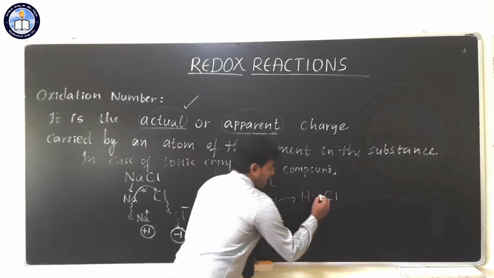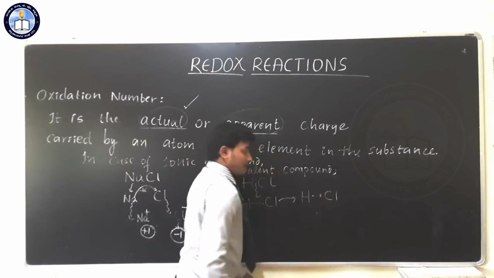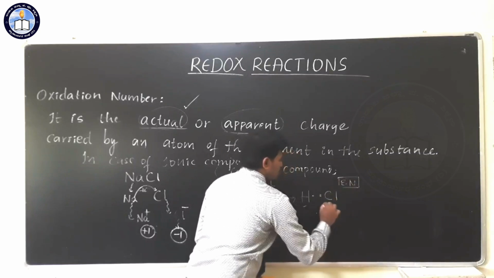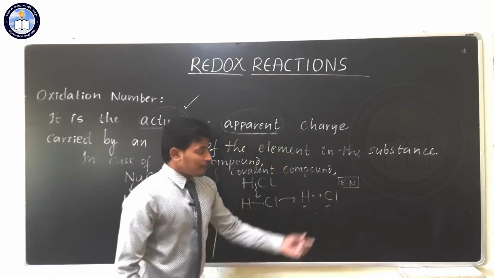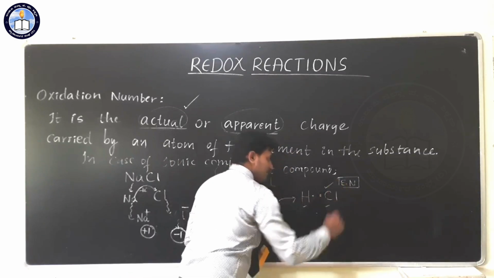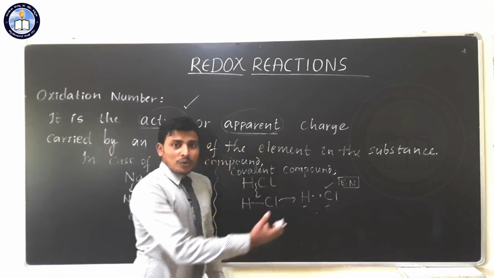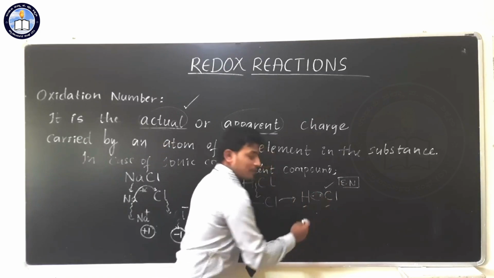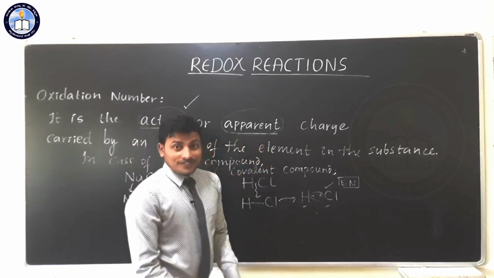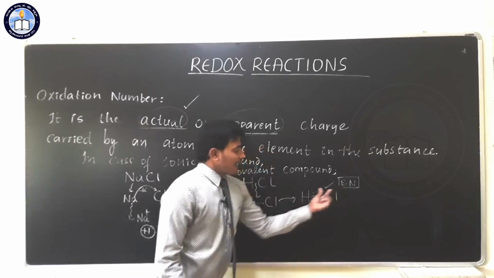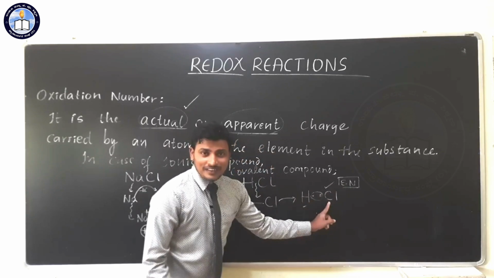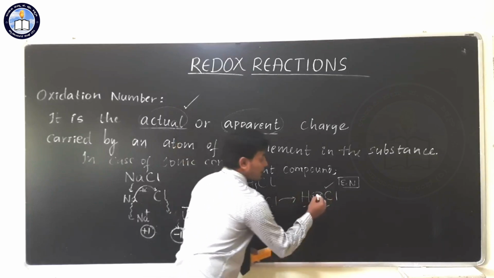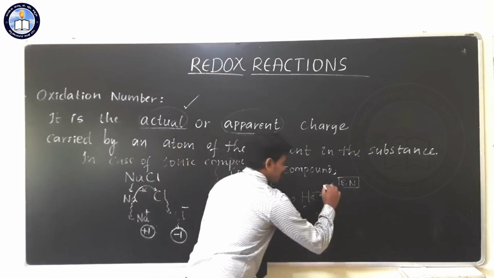Now, if we compare electronegativity of these two atoms, what is the meaning of electronegativity? It is the ability of the element to attract or drag shared pair of electron or bonded pair of electron towards itself. When we check the electronegativity of hydrogen as well as Cl, Cl is the one which is having highest electronegativity. Hence, this pair of electron is dragged towards Cl.